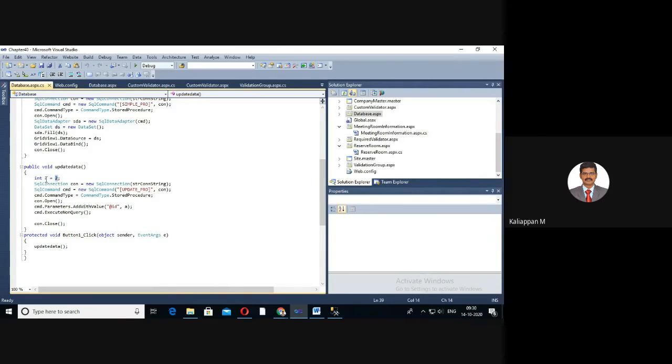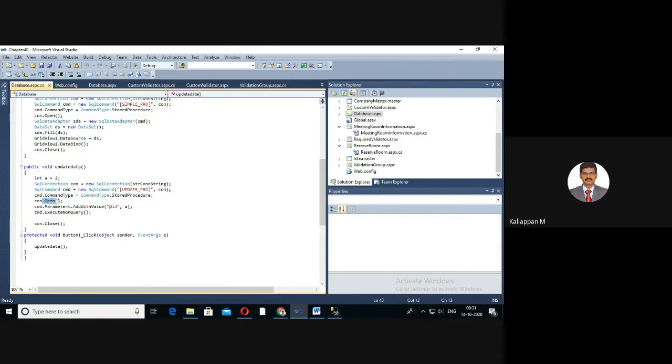This value I pass to the update stored procedure. The rest of the things are the same: SQL connection, SQL command. The SQL command accepts two parameters: the first is your update stored procedure, and the second is your connection. Then you need to set the stored procedure property on this command object.